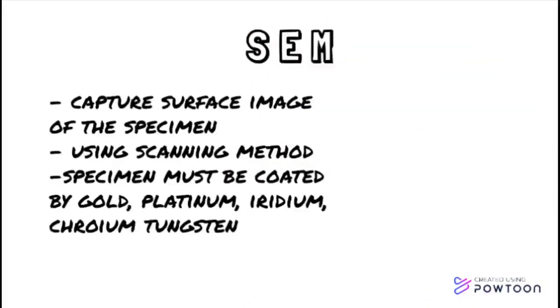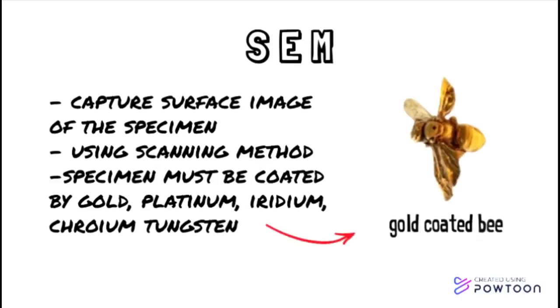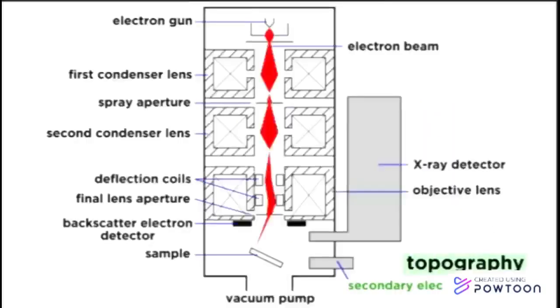It can only be used to capture the surface of the specimen, and the specimen must be covered with a coating. So this is what happens when the SEM is in use. The electron gun will produce the electron beam, and then the beam will go through the first lens, which is called the condenser lens, and then it will go through an objective lens that will focus the beam